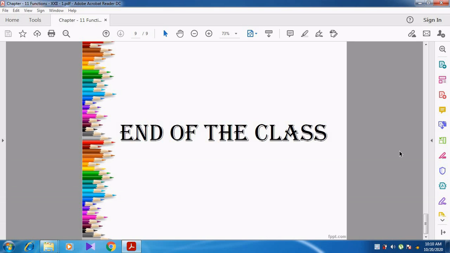Return type means any valid C++ data type, the parameter list is optional, and the body contains the statements that perform the task we need.